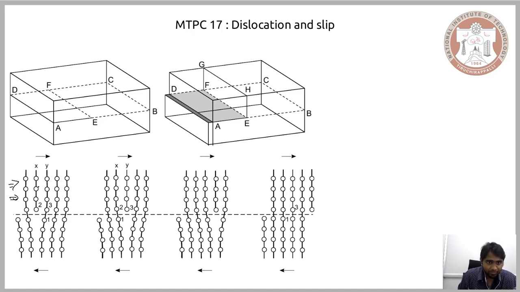Now this layer of atoms keeps on moving as the stress is imposed on the material. So this extra layer of atoms keeps on moving and keeps on shifting its position, and ultimately it reaches the surface and forms its own corners, or what we refer to as the surface step. So what we have is the movement of the corners because of the imposed stress by the formation of the extra layer of atoms.